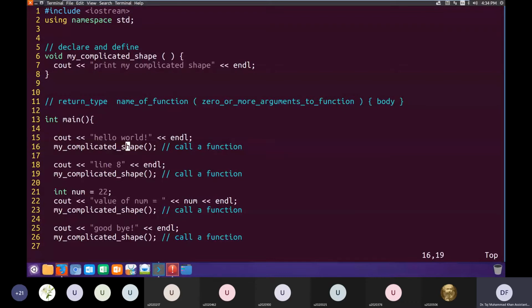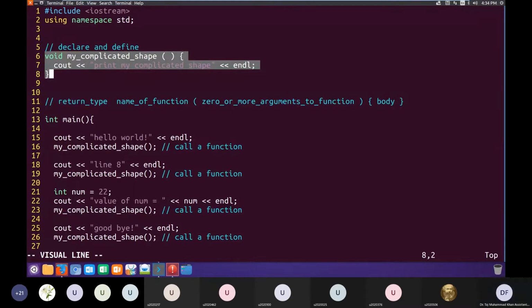In lines 6 and 8, basically we tell our program what function we are going to use in our program, what the function name, type, etc. are, and what the function will do. What will be the code inside that function? So these lines from 6 to 8, we call it that we have declared and defined this function. What's the difference between declaration and definition? We'll study it shortly. But for the moment, these 3 lines are both declaring as well as defining a function.